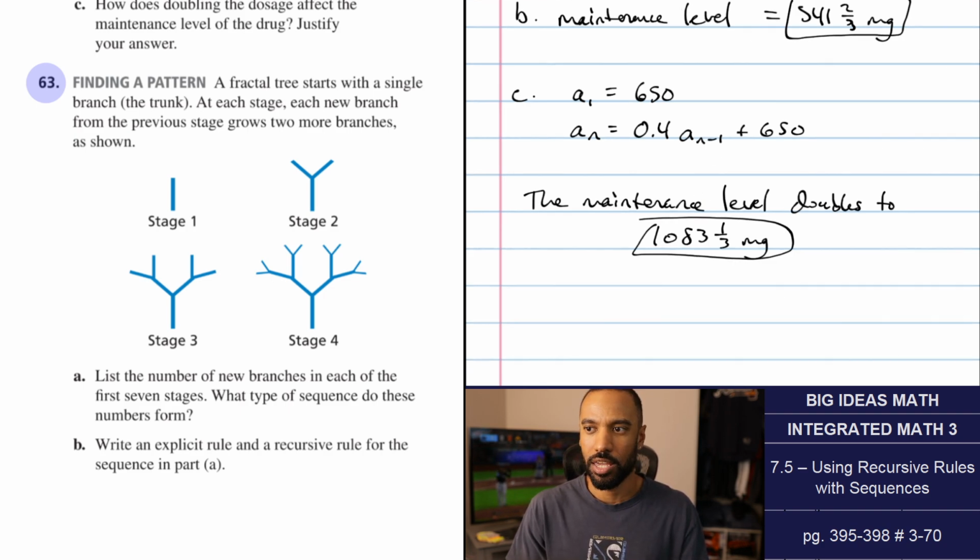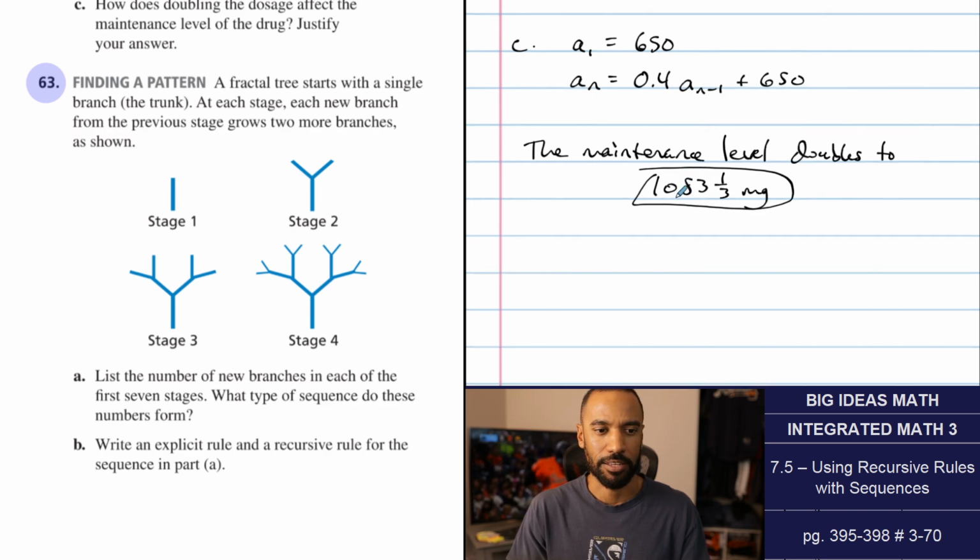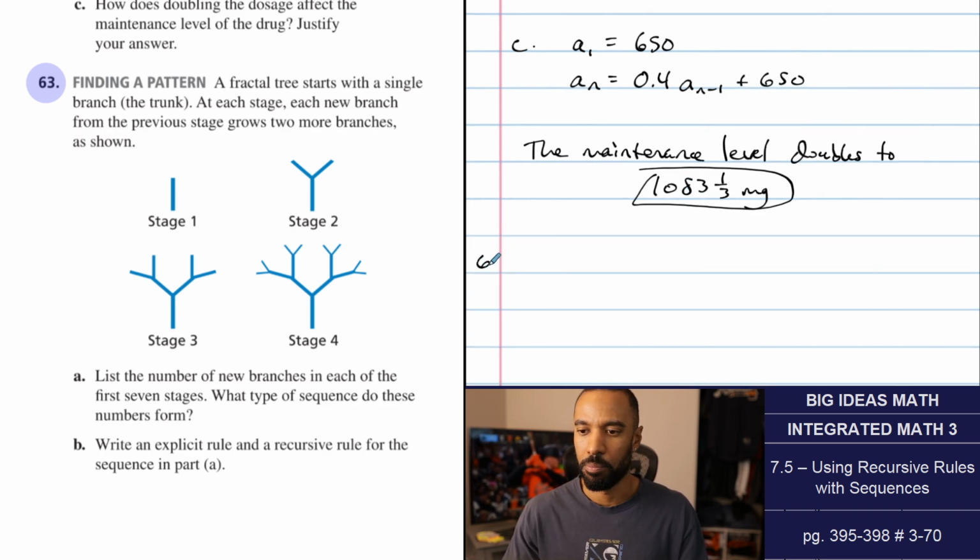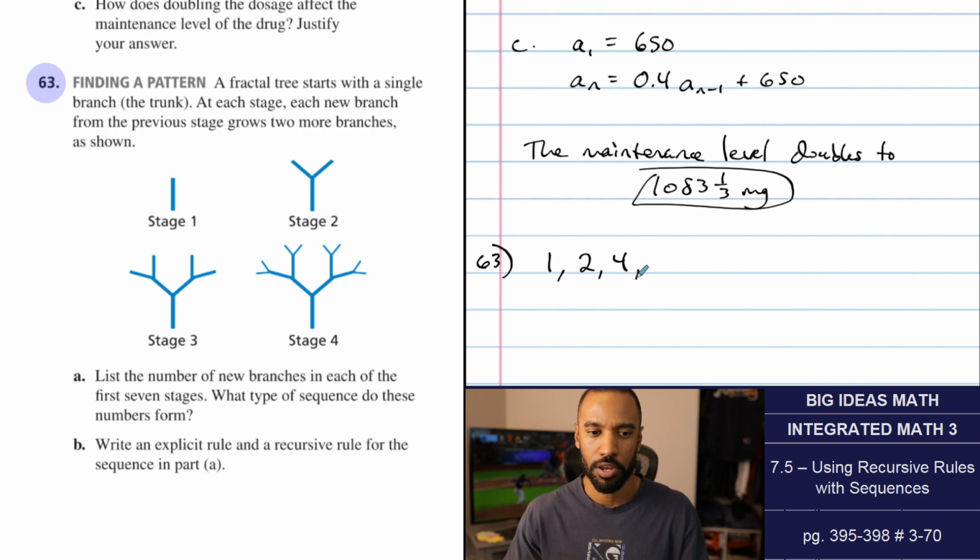Okay, so they're talking about a fractal tree. Over here, we're building new branches over time. At stage 1, there's 1 new branch. At stage 2, there are 2 new branches. Stage 3, there are 4. Stage 4, there are 8. They're asking you,